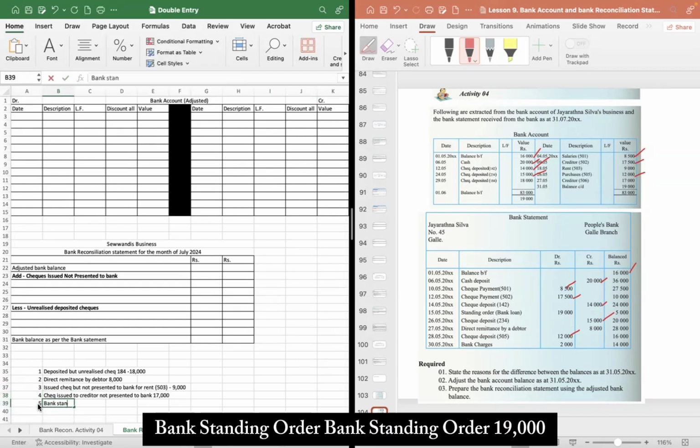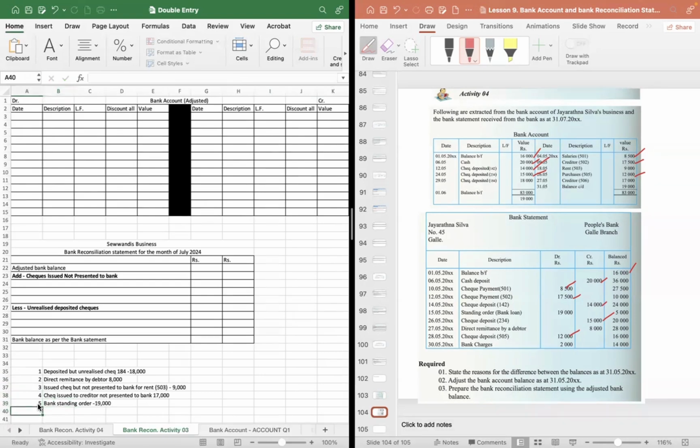Bank standing order 19,000. Then the sixth one, bank charges